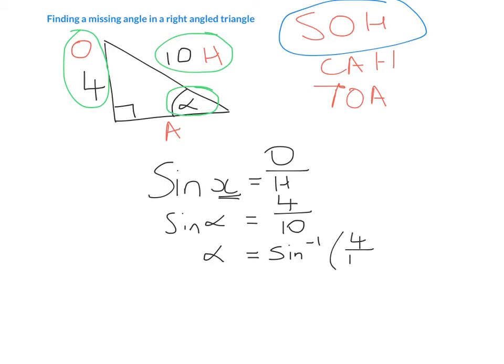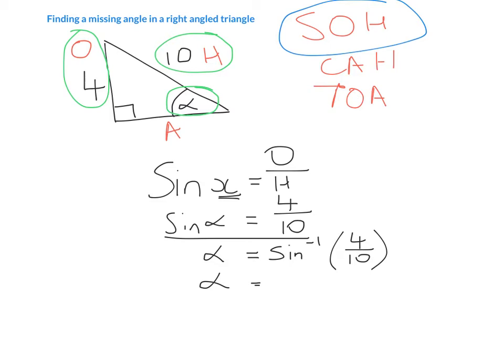So what you need to do at this point of your question is you need to then say, right, I need to get rid of sine. What's the opposite of sine? Look in your calculator, and above the sine button you'll see sine minus 1, and that's what we need to do. So onto your calculator then, I want you to type in sine minus 1. The way that most calculators work is you press the shift key and then you press sine, and on your calculator screen you'll see sine minus 1, and then into the bracket that you'll see come up on your calculator, do 4 over 10, close the bracket, press equals, and you will get an answer hopefully of